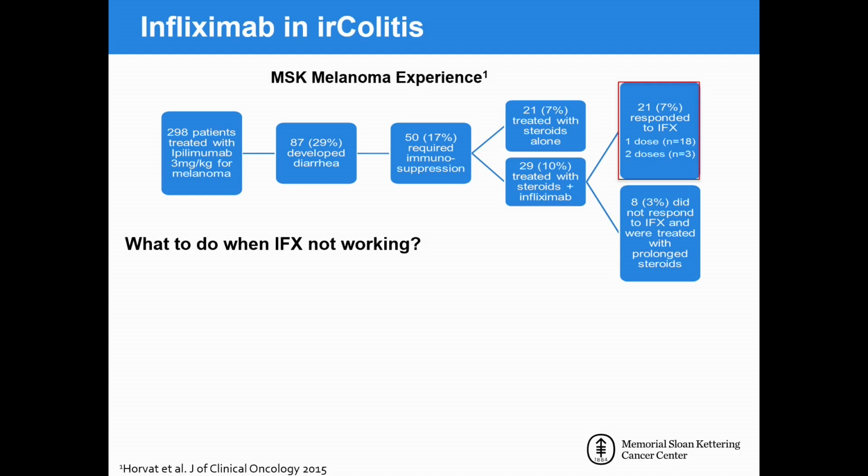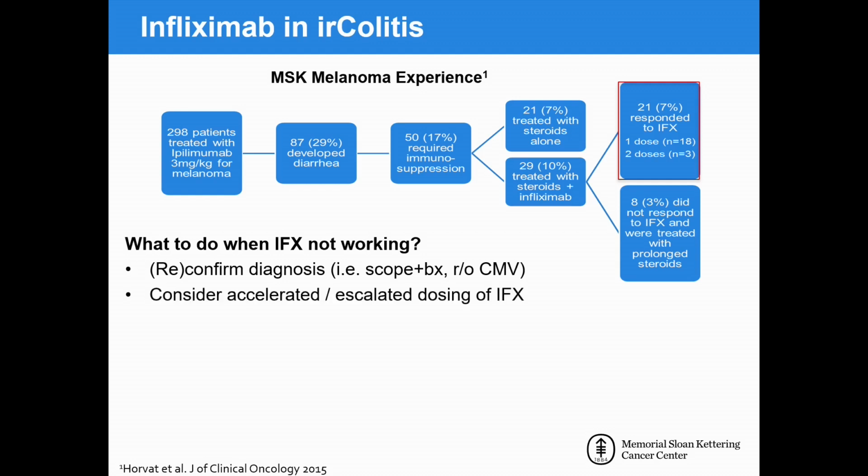Because this really still is considered the mainstay of corticosteroid refractory treatment. So clearly, if we haven't yet confirmed the diagnosis, I would strongly urge that this be the point where we see the patient and make sure that we're treating what we think we're treating, and rule out alternative diagnoses. We know, especially once the patient's been immunosuppressed, the risk for opportunistic infections, especially CMV colitis, which doesn't really show up well on any non-invasive testing. So we need to do a biopsy to look for that. But assuming we are treating the right thing, what are some other approaches that we can take?